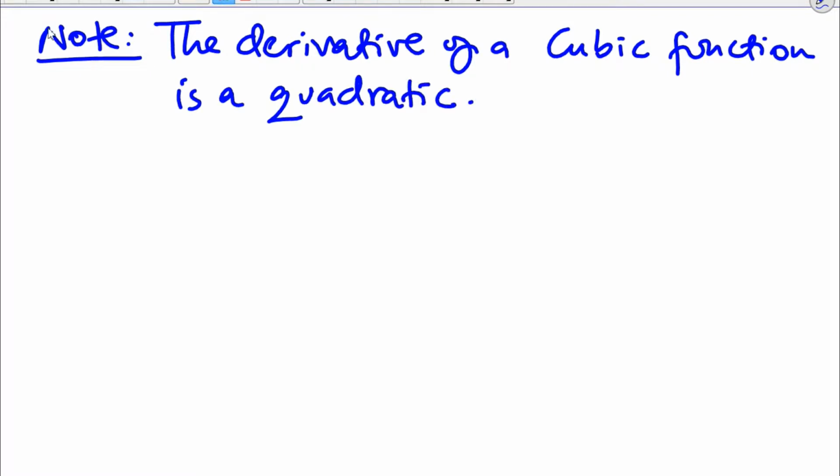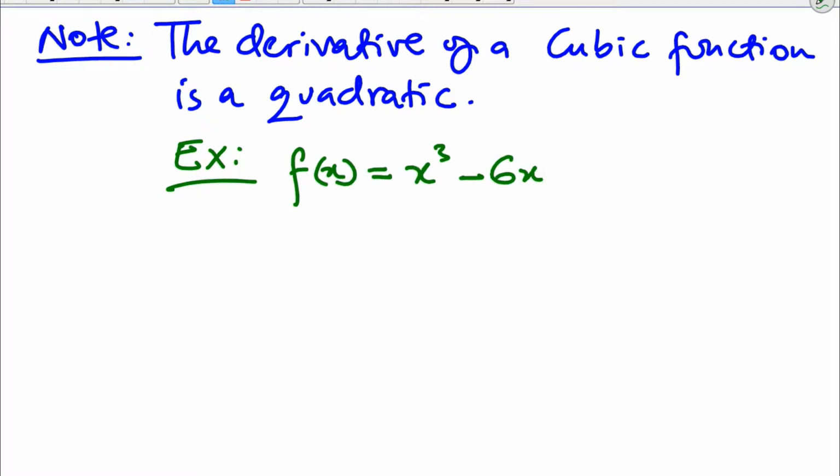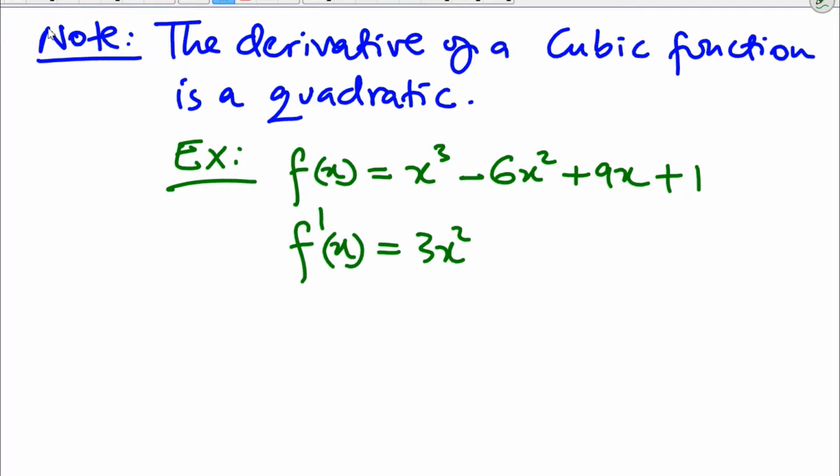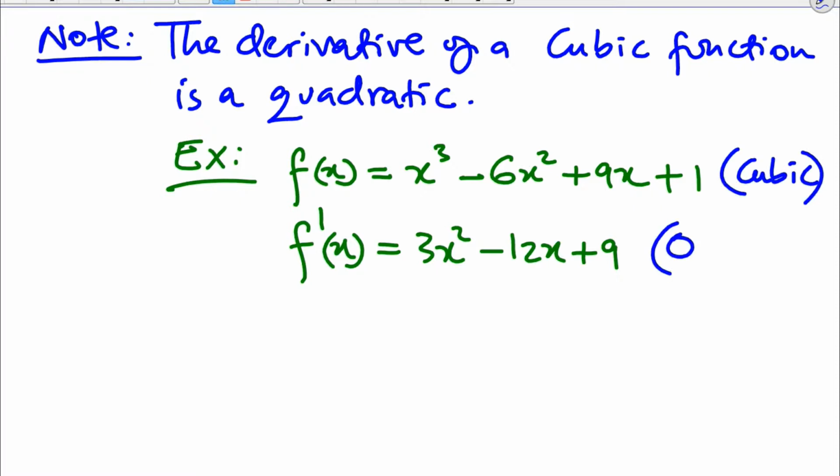For example, what this means is if we have this cubic function, f of x is equal to x cubed minus 6x squared plus 9x plus 1, its derivative will be 3x squared minus 12x plus 9. Now, note that this is a cubic function and this is a quadratic,